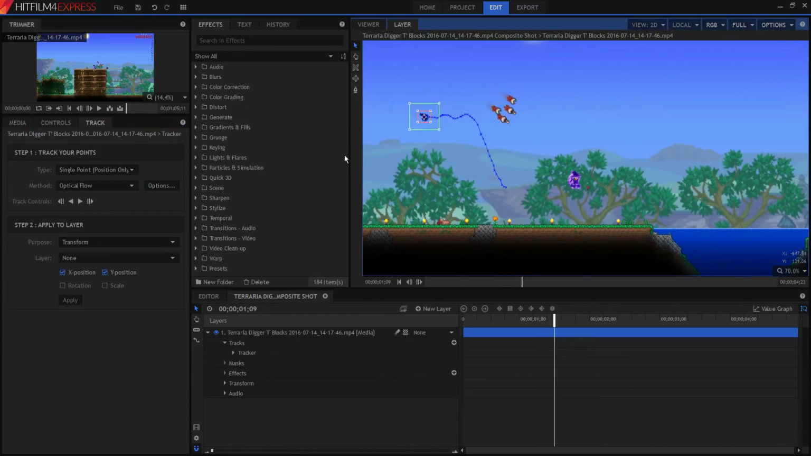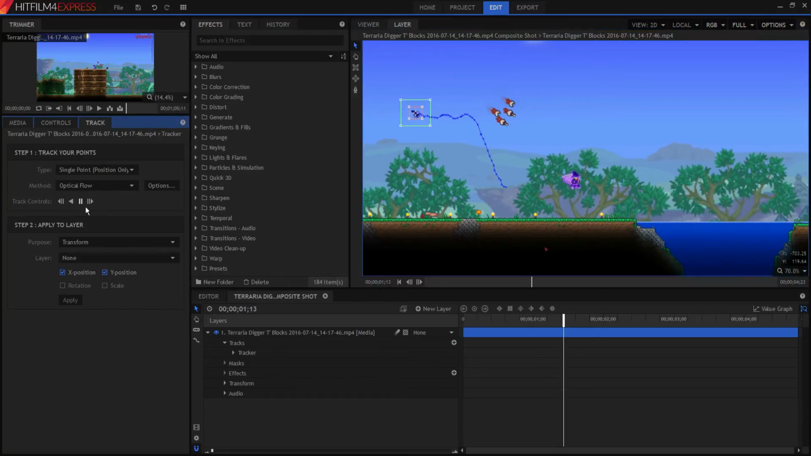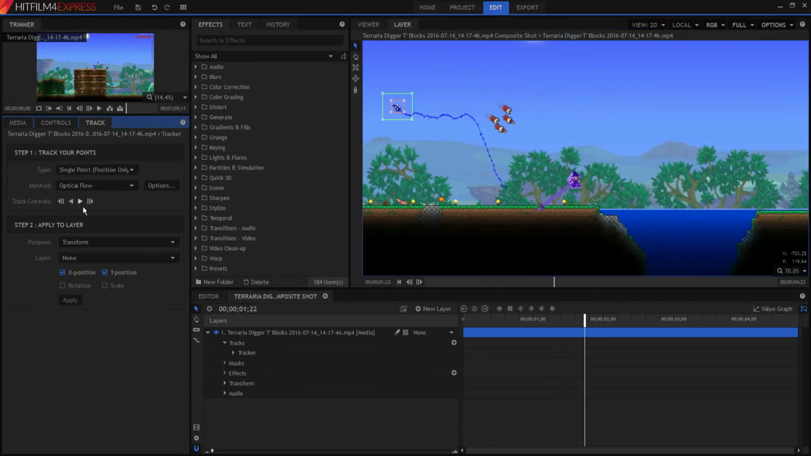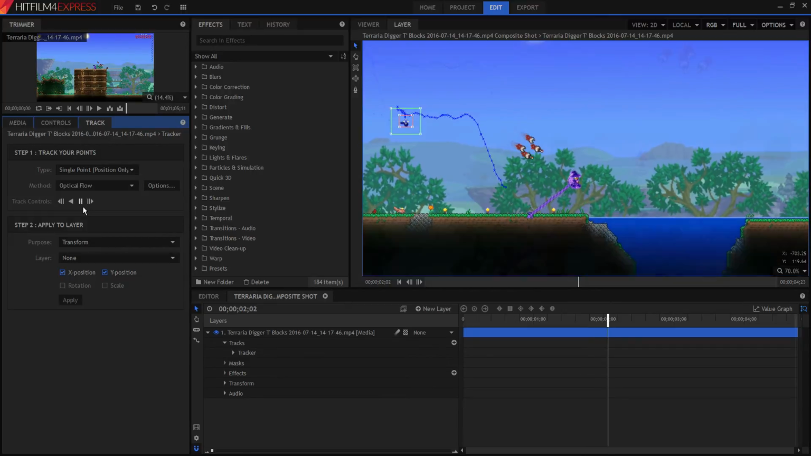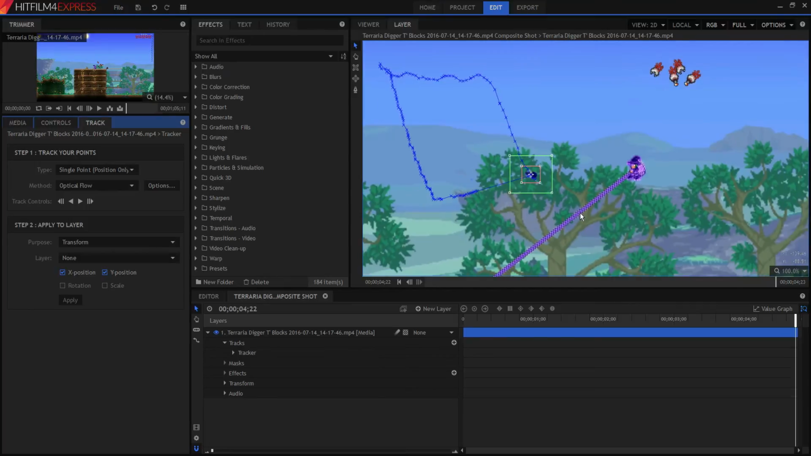Just move it down a bit. And you just want to run this through. Most of the time it stays on track, but occasionally you have to change it by hand. Right in there, that's me at the end. So now,